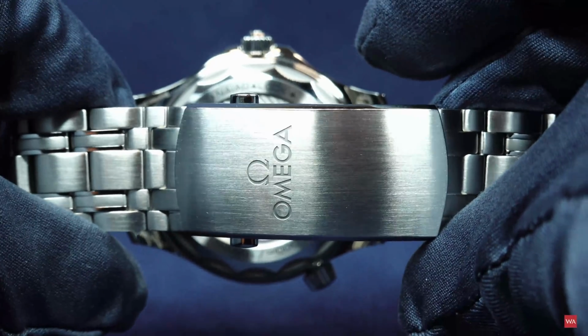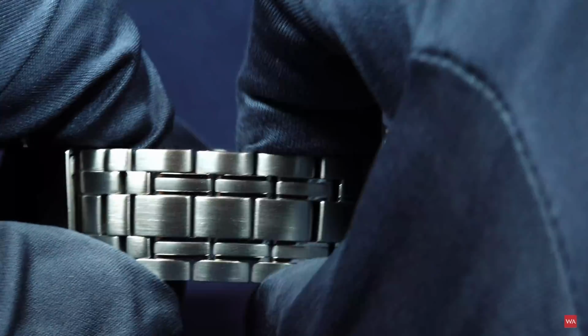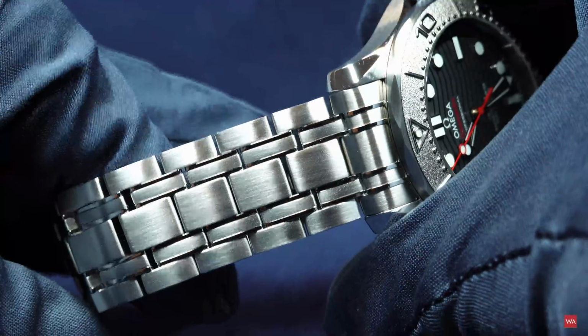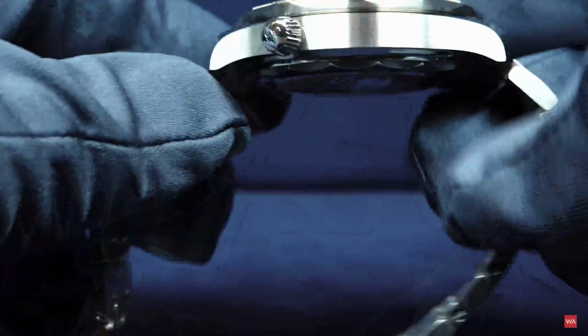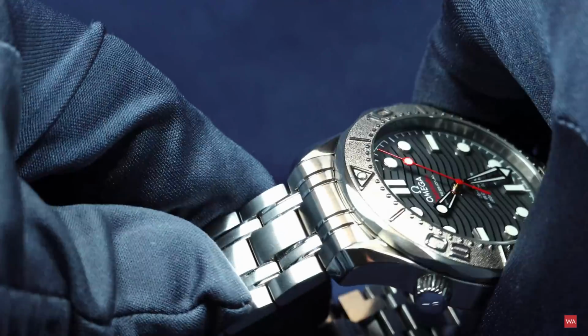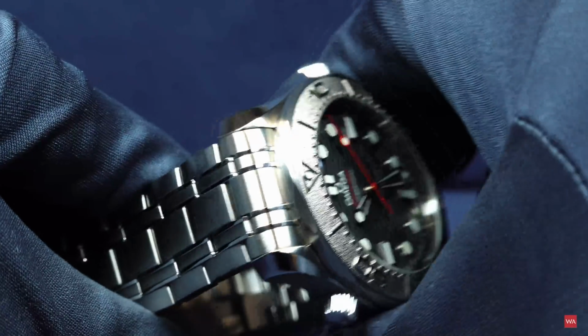The Omega logo engraved on it. Very nice. This is the bracelet, steel bracelet, typical bracelet of the Seamaster. Yes, from the side, once again, let me also show the integration of the bracelet into the case. You see,